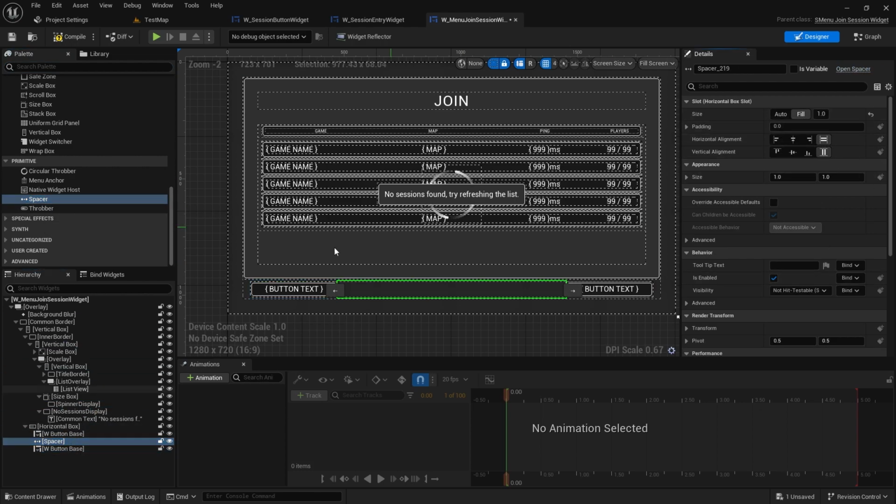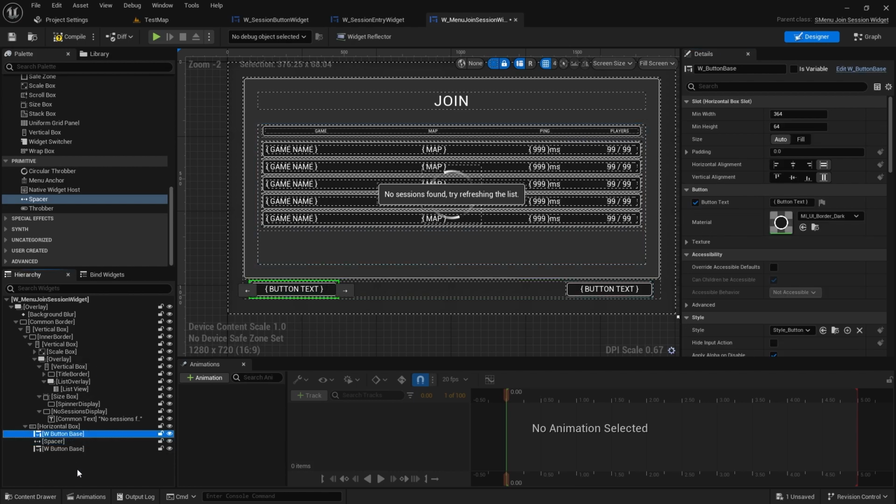Set that to fill. And then this is the back button, and this is the refresh button. Probably don't need this, but let's make sure that's left aligned. It's right aligned. So now if we try and build,